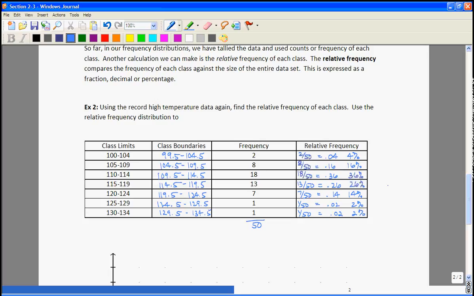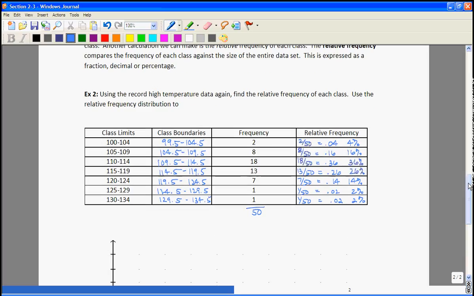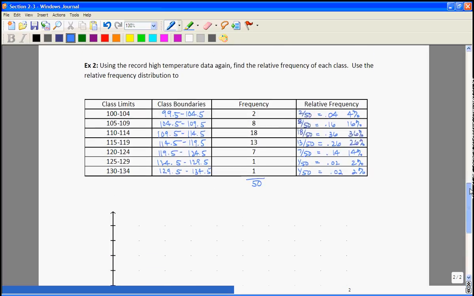So here's another little check you can do. Just like before, we summed all of our frequencies, and they should add up to the total number of data values that was originally presented, in this case 50. But for the relative frequencies, your percentages or your decimals should add up to 100% or 1, respectively. So if you want to double check that, they should, and that just means you've gotten 100% of your data captured in the relative frequency. Now we're going to